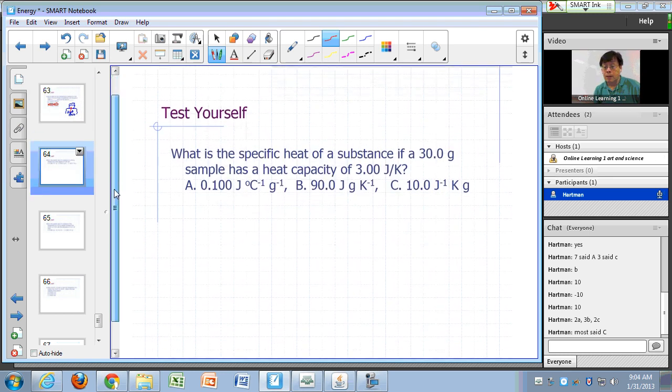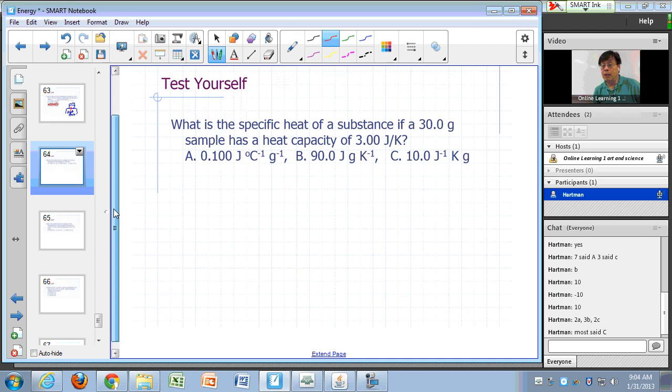All right. Specific heat of a substance: if a 30-gram sample has a heat capacity of 3.00 joules per Kelvin, the specific heat is how much? So what's the formula for specific heat? It's just the heat capacity per gram, so big C divided by the mass. So the answer is